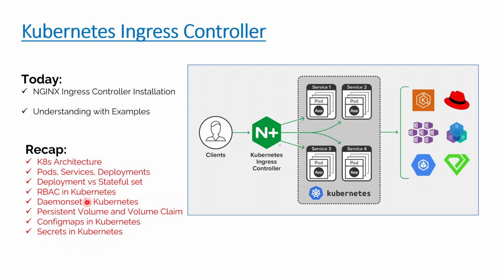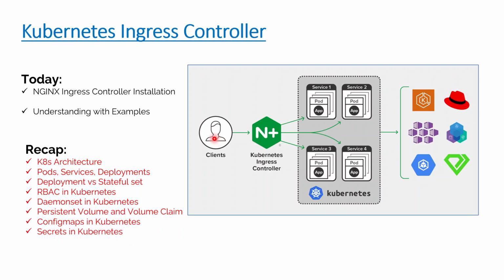And then we saw what DaemonSets are and how we can leverage persistent volumes and persistent volume claims, config maps and secrets. Today we'll be looking into the ingress controller, and we'll see with the help of examples. A quick understanding from the figure: